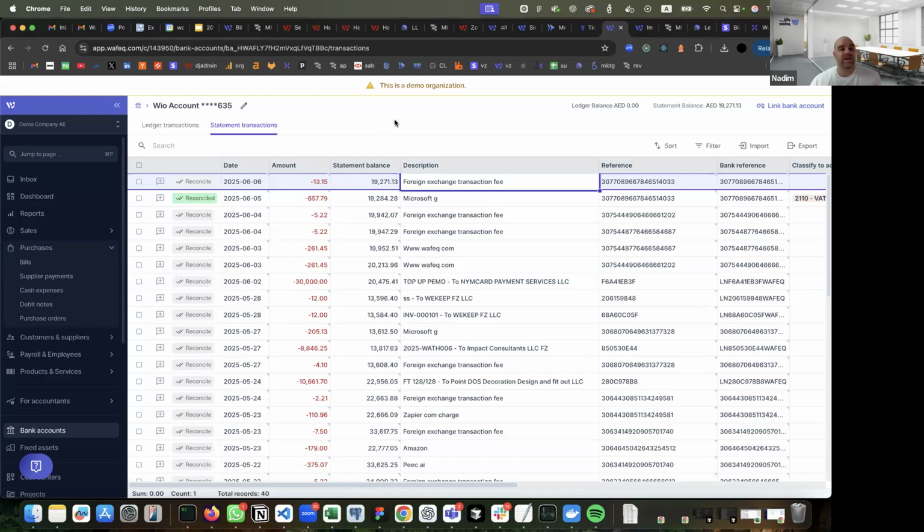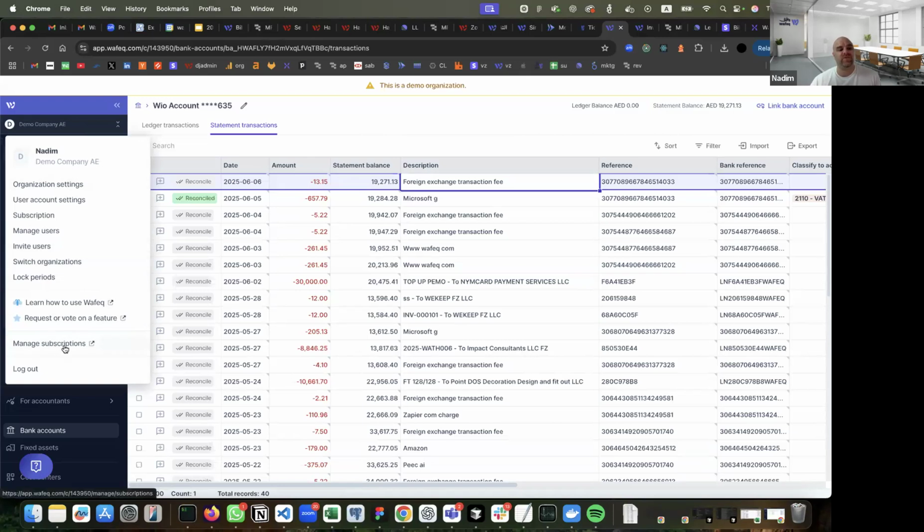Okay, I'm going to talk now about basically the dashboard where you can manage your subscriptions or your organizations. So if you are logged into, let's say, your accounting firm organization, and I want to take a moment here